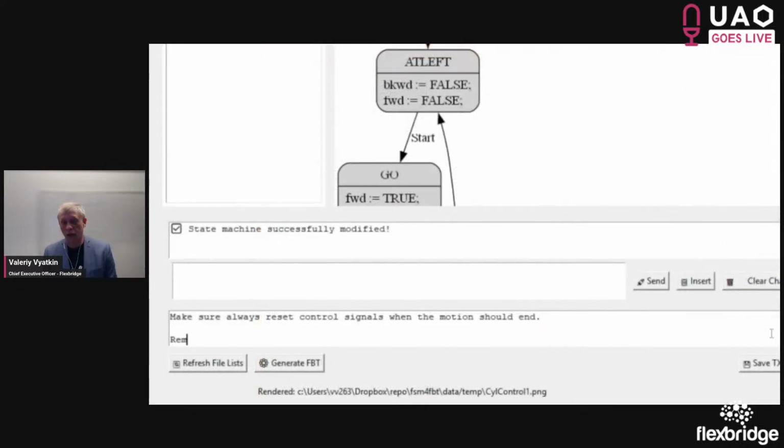So now we want to correct it, and we type in here in the chat that we want to get rid of these dummy inputs and outputs from the created state machine. So a little editing here in the chat. And after that, we will again pass this recommendation to AI with the hope that it will react on that and correct our model, state machine model.